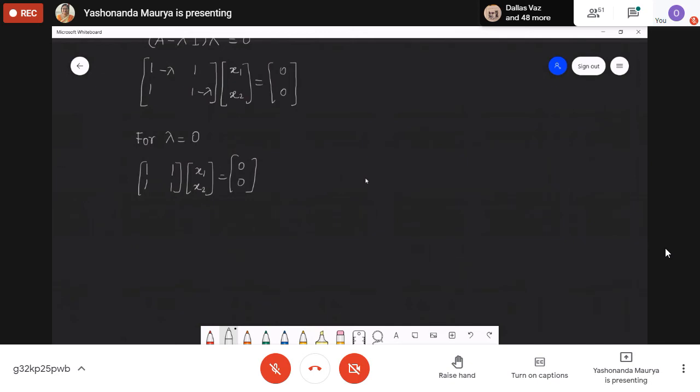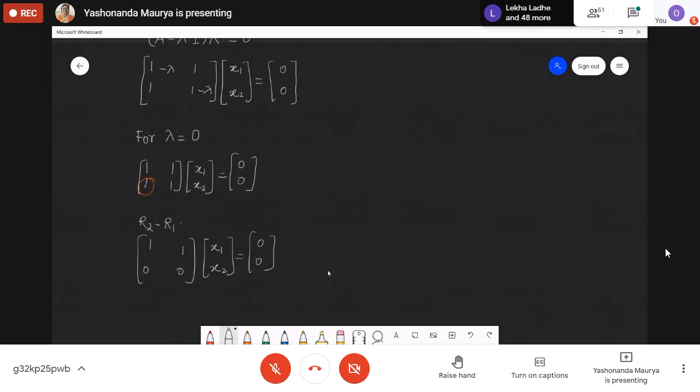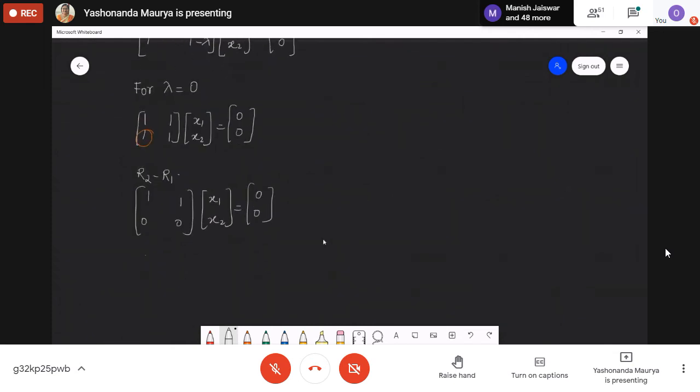And then this system of equations, again we'll try to solve it using the row transformations. We have to reduce it into the echelon form. So our focus is only on this entry to make it 0. Either way, the matrix is itself very simple. So it will be R2 minus R1 that we will be performing. So 1, 1, and this will become 0, 0, times x1, x2, equals 0, 0. Got the echelon form.